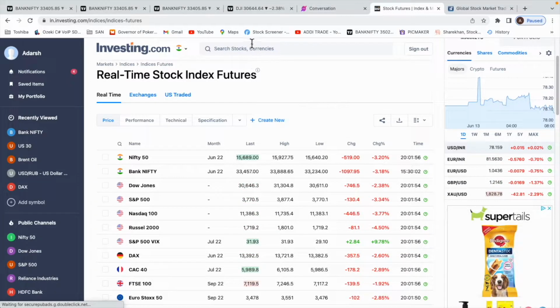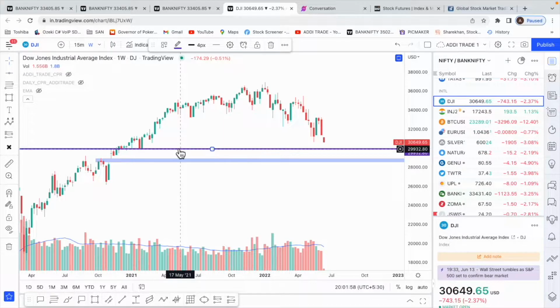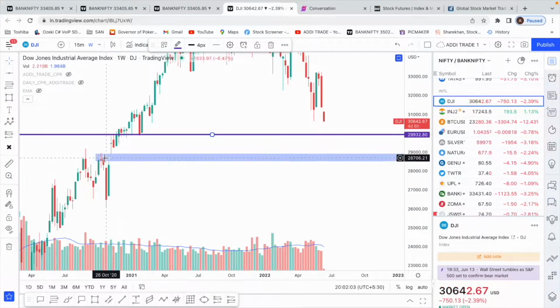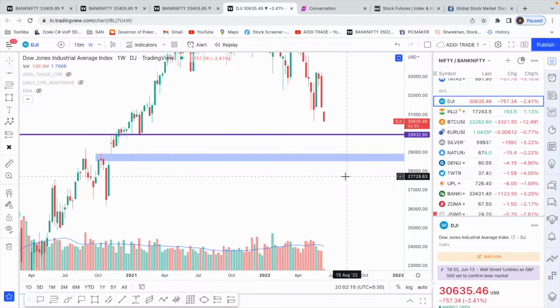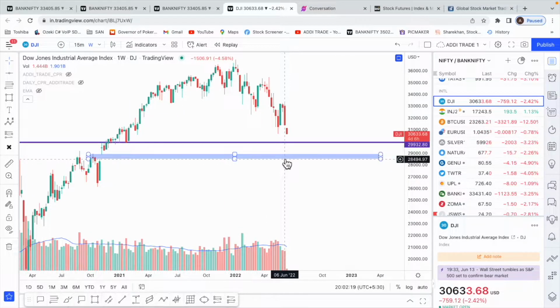So I was just waiting for this US market to open. See, there is a possibility the Dow Jones can slip until this 29,033. If that is taken out, there is a small gap here, right, which was probably during November 2020. So this gap between 28,550 and 29,000, obviously it's not in a day or two, probably a couple of weeks or a month, but there is a possibility that Dow Jones can come and hit this level before getting a nice bounce on the upside.